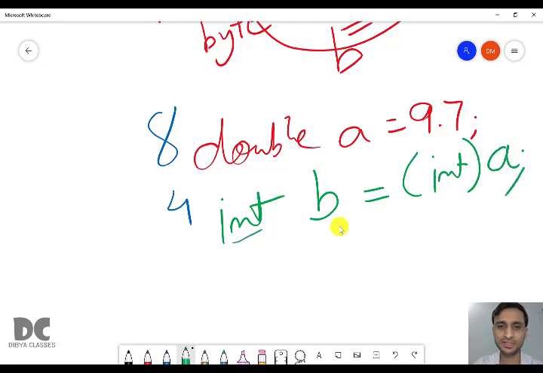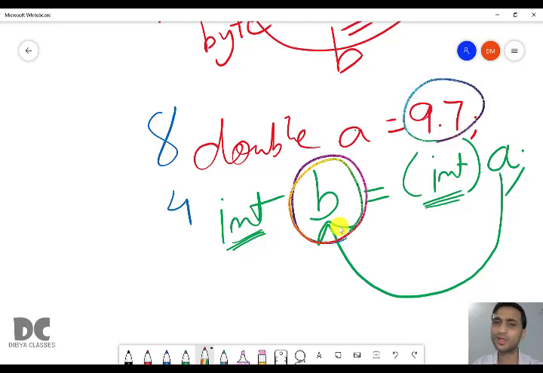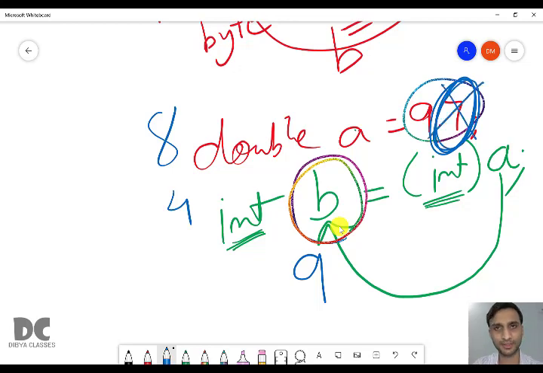Okay. So whatever variable is written here in the bracket also you have to write the same variable. From where you are bringing from A, therefore you have to write A. To where you are bringing to B. Clear? But what will be stored in B? Because B can store integer values, but here 9.7 is a real value. We cannot store 9.7. So automatically Java will convert this value into 9. So in B, 9.7 will not get stored. What will get stored? Only 9. The decimal part, remember, it will delete the decimal part.